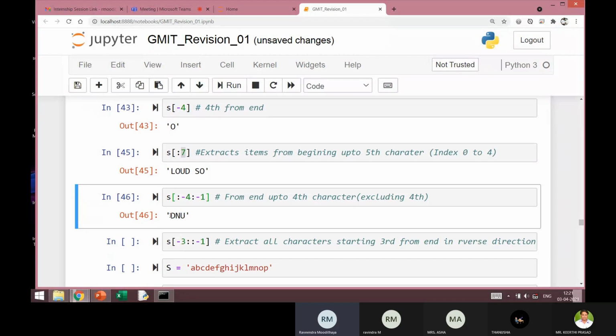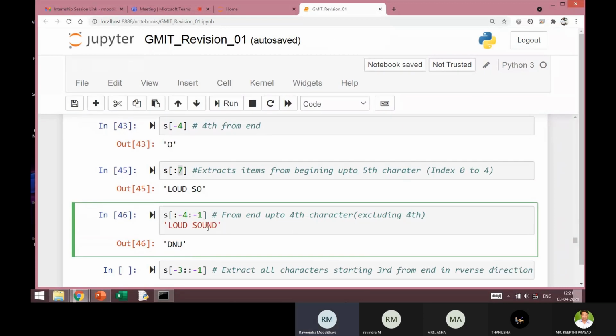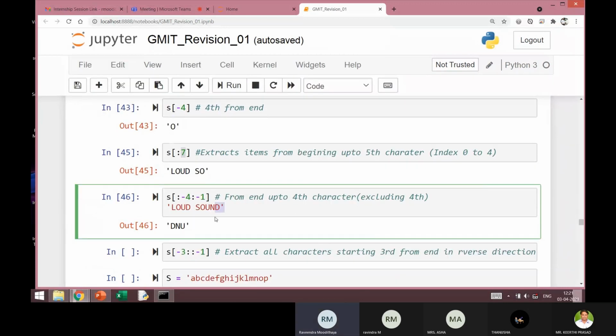Let me rewrite that string here. It was loud sound. The last character was D, so you can see that is printed. The next one is N, which is printed here. The next one is U, printed here. So 3 characters are printed.